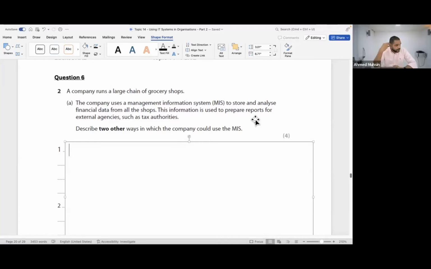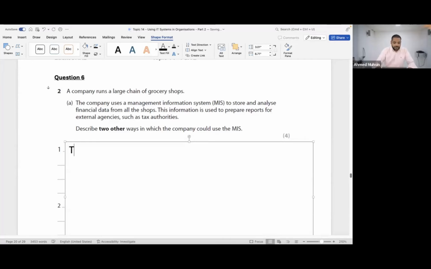For what? Reports can be generated to, come on guys, you all need to help me here. The transaction processing system, which tracks every sale the supermarket or the grocery shop has done, can be connected to the MIS. And then through the MIS, you can generate reports to understand what? The sales, number of sales. Okay, anything else? The growth, yeah, okay, or how much has been earned, or what is our profit, what is our loss, isn't